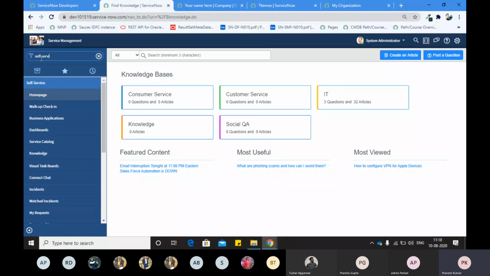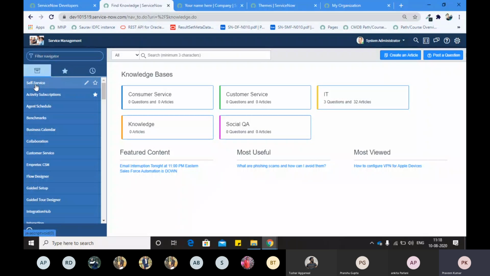You just need to give a clue to this navigator, and it will show you all the results it has inside it. Everything you are seeing here is controlled by roles. I am impersonated as a system administrator, so depending on what roles you have, it will show you only those things which are configured so that you can see them, right? How to control what one user can see and another user can't see, that complete architecture is dependent upon roles in ServiceNow, right?